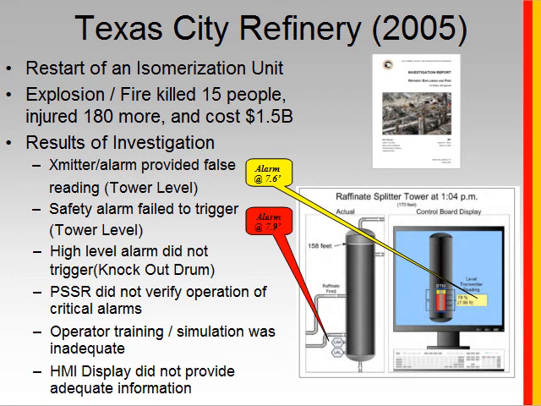We can learn a lot from the investigation or the results of the investigation, though, and we can see, as it is in most of these catastrophic events, that it's not one thing that goes wrong, it's a series of things. And if we understand that, we can work to try and correct them and make sure that we have the things in place to prevent them from happening. So let's take a look at some of the things that they learned, published in the Baker Report, when they investigated the refinery explosion. In the tower, they found that the transmitter that read the tower level actually provided a